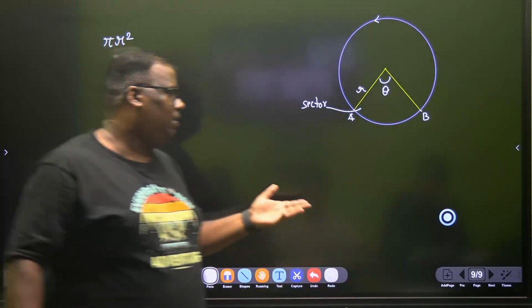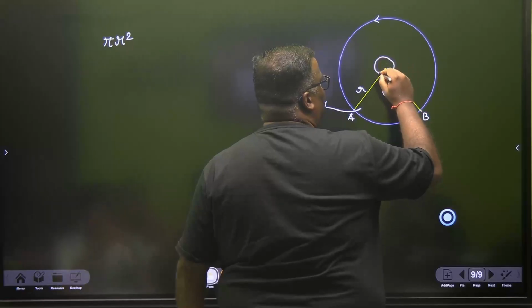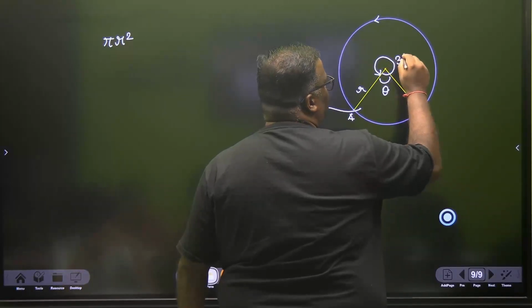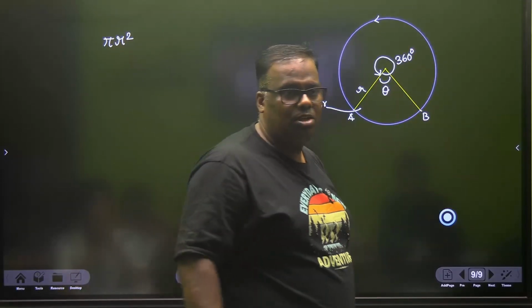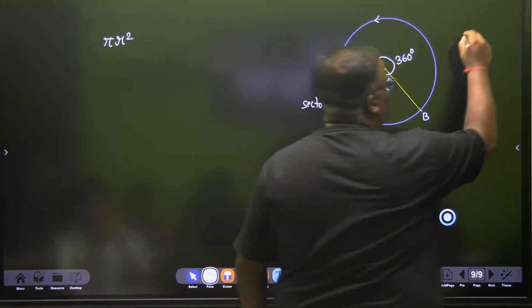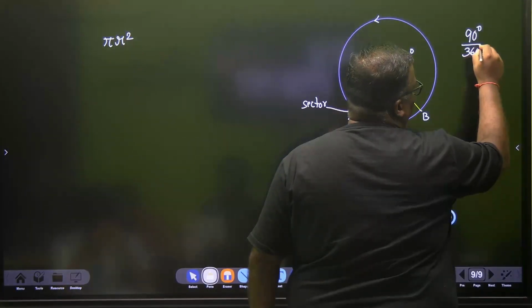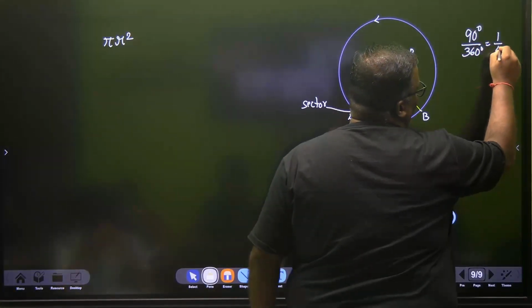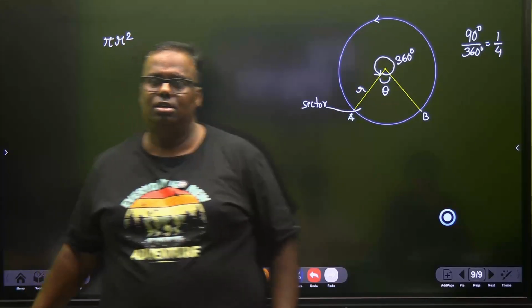Now let us put an analogy. From here to here, how much is it? 360 degrees. You ate how much? 90 degrees out of 360 degrees, which is basically the 1/4. So the area of the pizza that you ate,